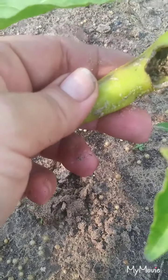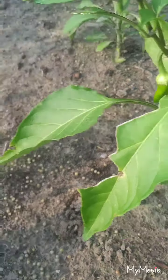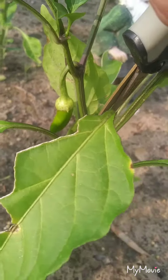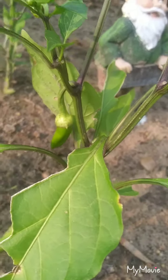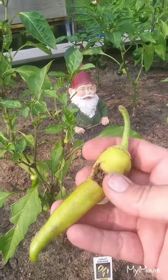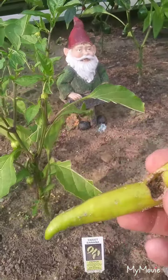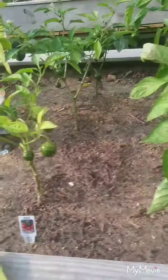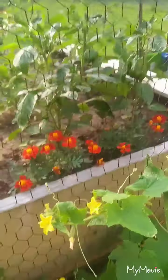I'll probably take him off because he's going to go in the trash actually, because it looks like we got a little visitor who decided to snack on my plants. Little turkeys. So we just trim it off. This one unfortunately is going to have to go, and I'm going to have to go research some non-chemical ways to keep these little boogers out of my plants. But